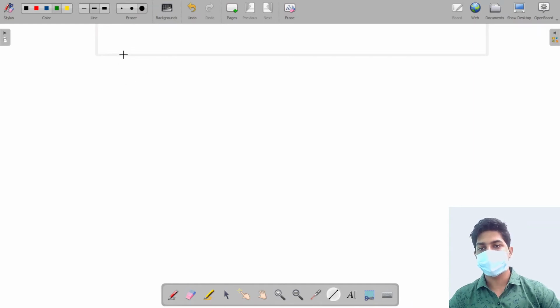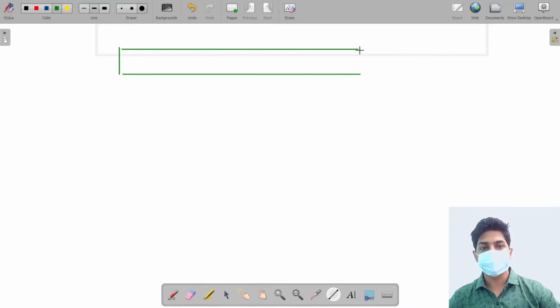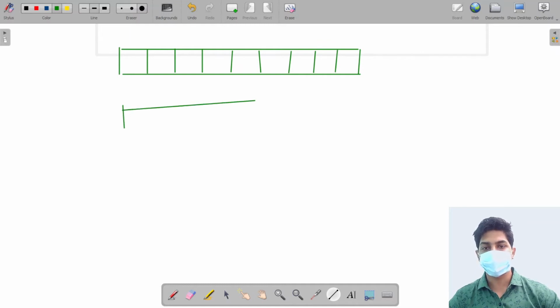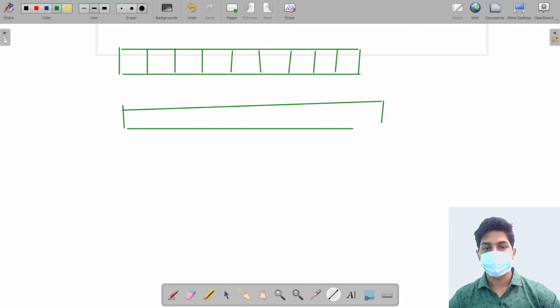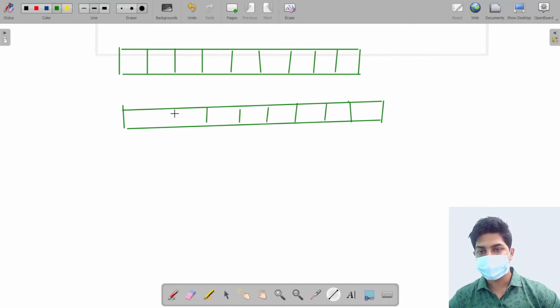Suppose that there will be two arrays given to us. Array number 1 indicates the jumps we are allowed to take if we are at a particular location. And there will be one more array in which we will be storing the number of ways to reach the destination point. Let me make the arrays quickly.